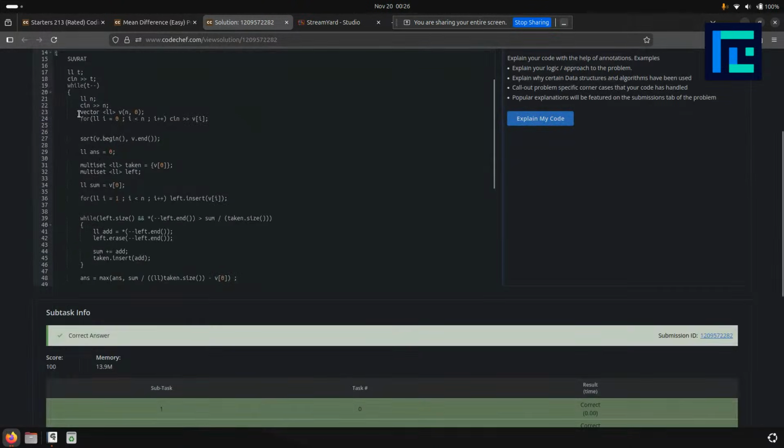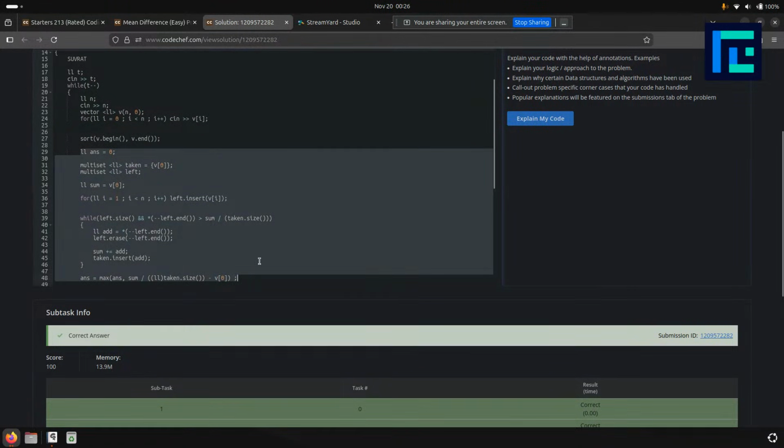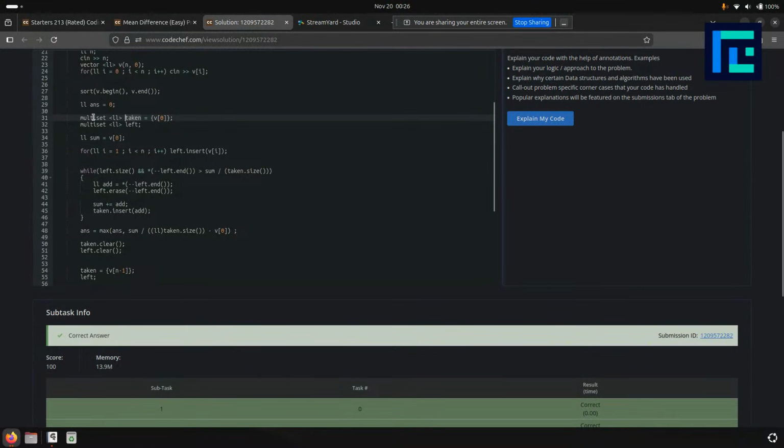So I take input the vector v, then I sort the vector, and then I'll be finding the answer for the case of S bar minus SL. First I'll maintain this multiset for taken elements, which will contain the smallest element, and left elements will contain all the other elements from 1 till n. And sum is the sum of the current multiset, so sum will initially be v of 0. So in this while loop, this is the greatest element in the left set. If the greatest element is greater than the current average, where average is sum upon size of the set,